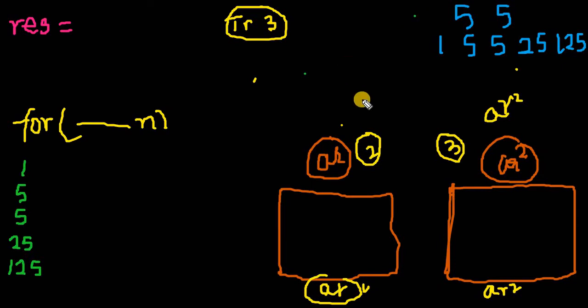So once you understand the logic behind the problem, it's very easy to write the code. So this is again a second map and this is a third map, and this map is for term AR and this map is for term AR square. So here again is a for loop. So we'll start traversing. So first we'll encounter 1. We'll check if 1 is present in the third map. It is not present. So what we'll do is simply multiply it by the common ratio. So that is 5 in this case.